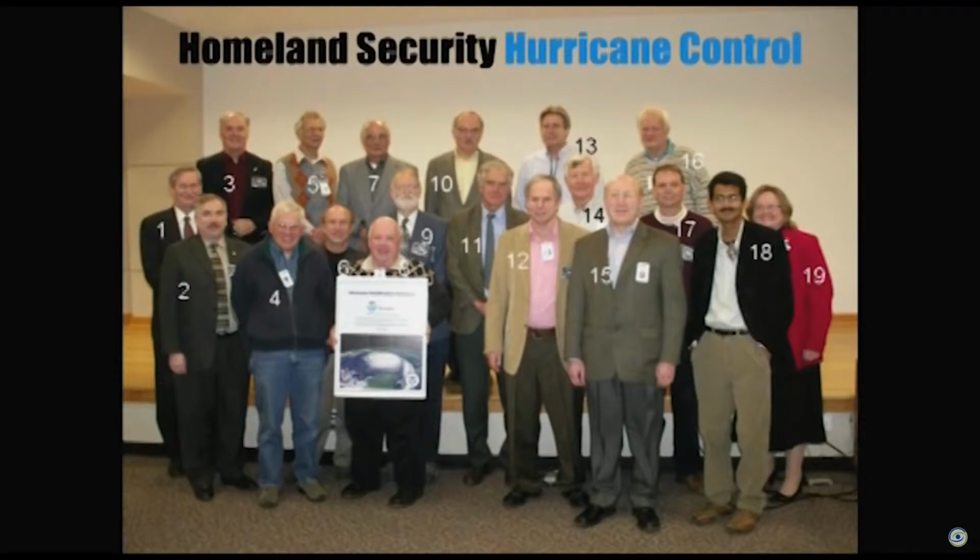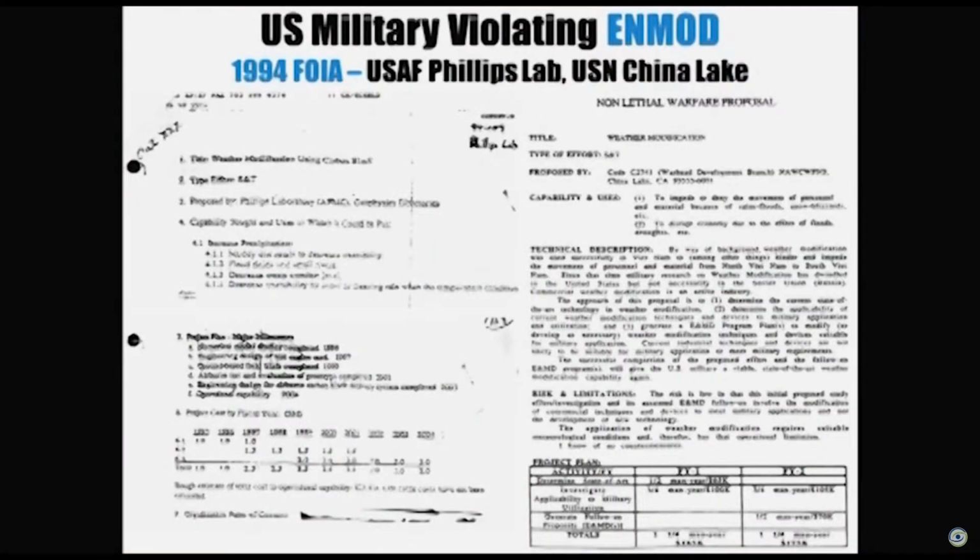Geoengineering and weather modification have really gotten twisted up. So the U.S. military is now violating ENMOD. We have two FOIAs, one from the Navy, one from the Air Force. These were published on the sunshineproject.org. That website was deleted from the internet, but I'm a very nosy person. So I got these back from archive.org, and they're now published on climateviewer.com. You can see the title of that is Weather Modification Using Carbon Black. Soot. It's been mentioned several times here today.